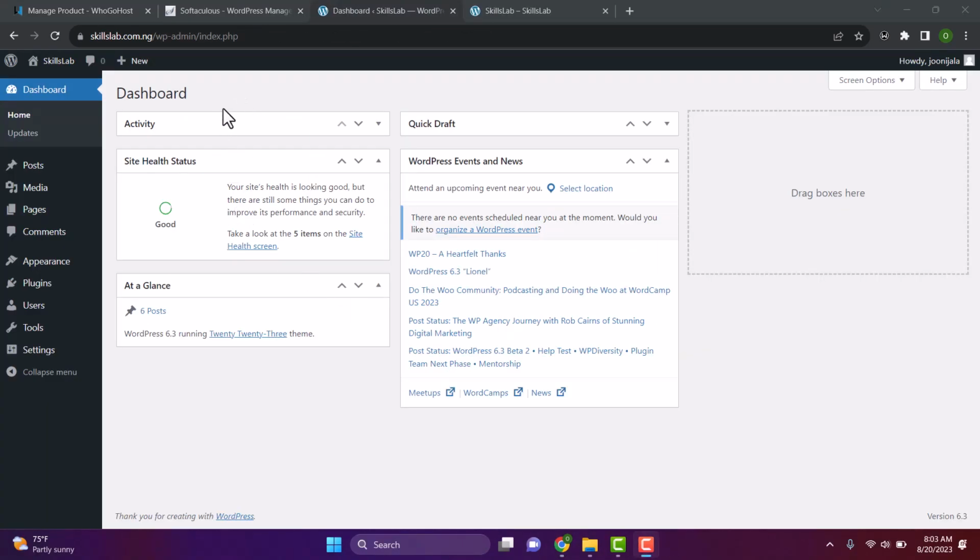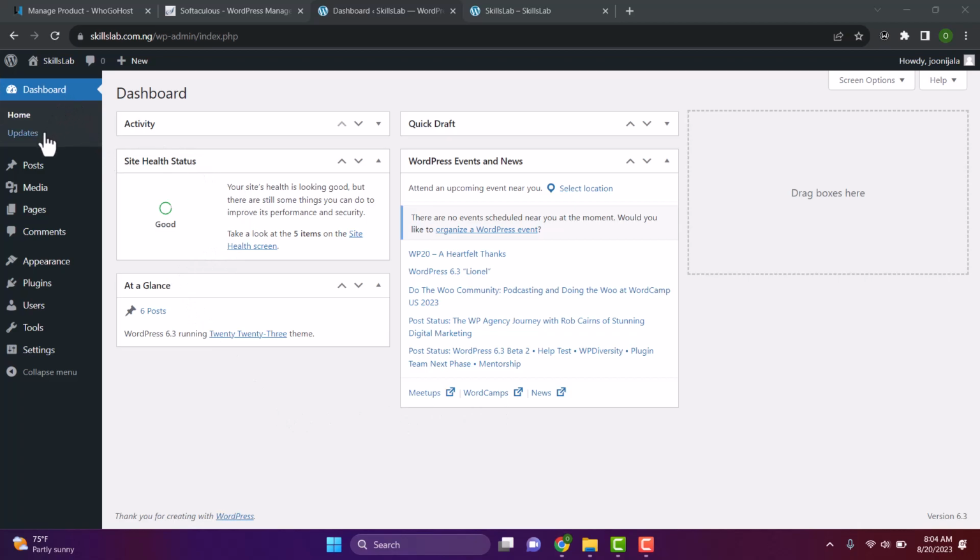Okay. After installing WordPress, this is what we are going to have. Sorry, my software stopped working. I couldn't show the completion part of the WordPress installation. Just from 95%, it went straight to 100%. Then I logged into this dashboard area. I did not notice that the software stopped working. So